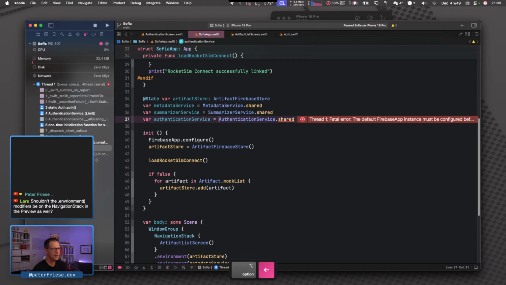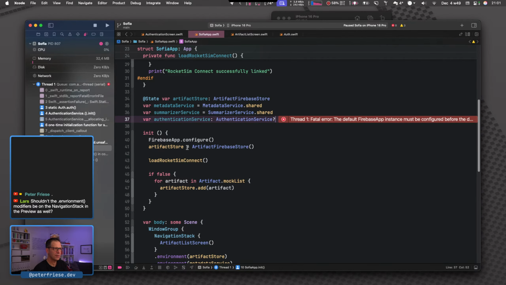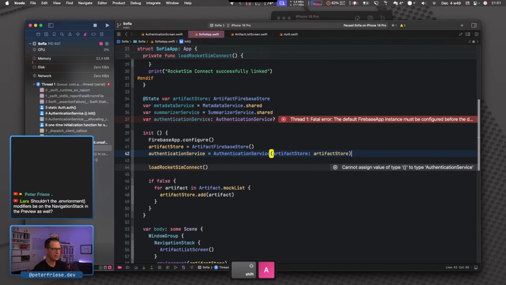So all of these dependencies here are initialized before the initializer runs, and that is not the right thing to do in this case. So what we're going to do is swap this out and just make this an optional, and then, very much the same as we did up here, we will assign it down here. So authentication service is authentication service dot shared.